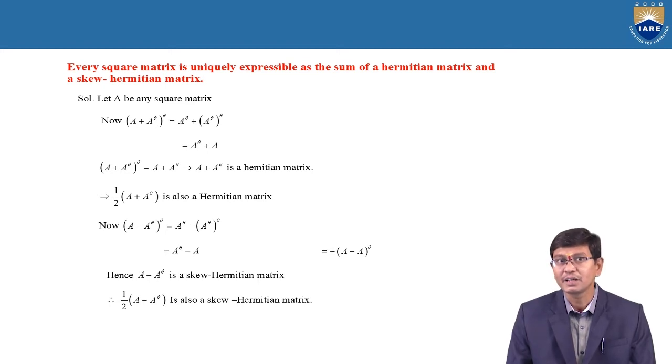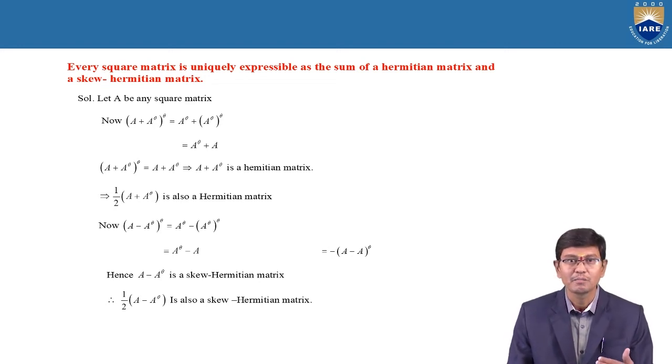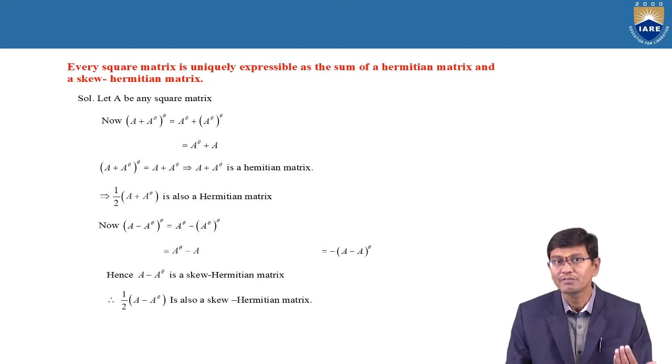The other property is that every square matrix can be uniquely expressed as a sum of a symmetric and a skew-symmetric matrix. But here we are going to discuss complex matrices. Therefore, here also every square matrix can be uniquely expressed as a sum of a Hermitian and a skew-Hermitian matrix. Therefore, consider (A + A^θ)^θ is equal to